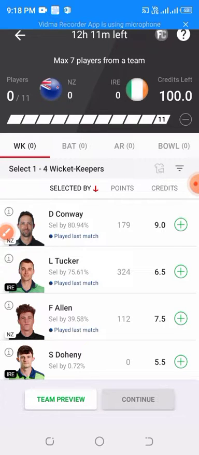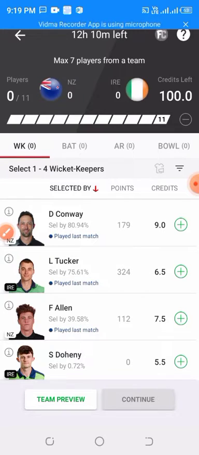So there won't be much assistance for the spinners, and pacers love to dominate in the initial overs, and then it will be a run feast venue. This venue has short square boundaries, whereas the long on, long off and straight boundaries are very big. Hence the batters will love to target the shorter square boundaries to score runs.